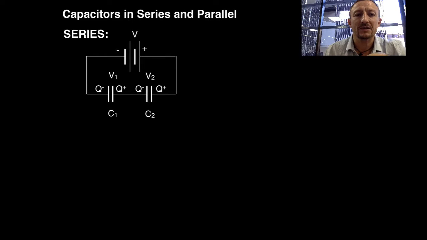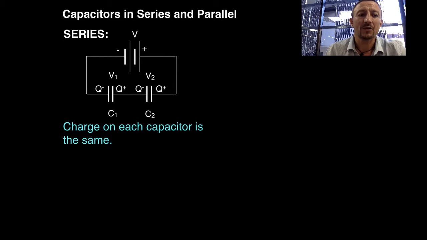Now you can see we've got a series circuit here where I've got two batteries. The two batteries are then linked via a loop to two capacitors, C1 and C2. C1 and C2 will have a voltage, V1 and V2, and that voltage basically will mirror the amount of voltage which we've got from the battery. So what do we know about series circuits? Well, we know that the charge on each capacitor in this case is going to be the same if they're the same size capacitors. So you can see Q